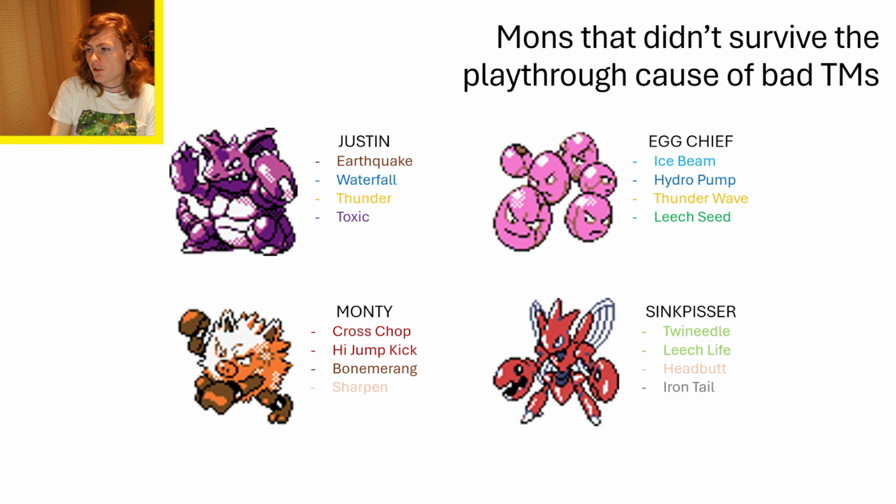This guy. This guy. I wish this thing was good. If it got like Mega Horn and a good coverage move, we would have been so back. But it didn't. It just didn't. Twin Needle, Leech Life, Headbutt, and Iron Tail. What the...